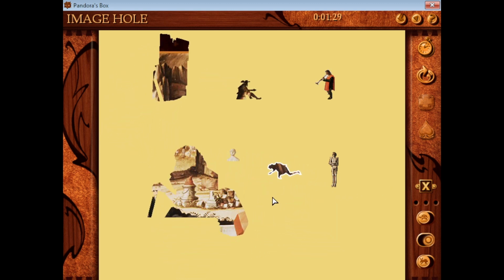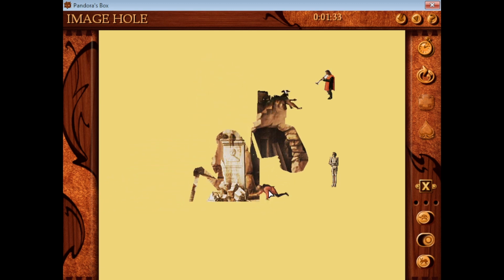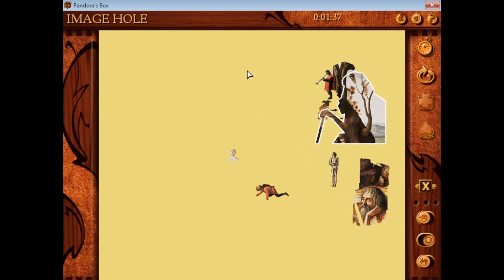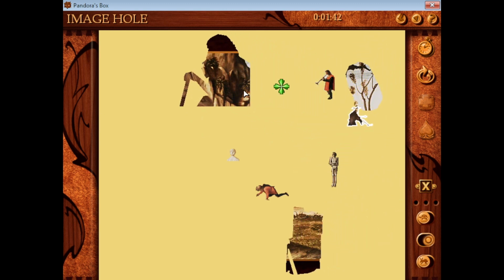Ooh, I know where this person goes. Hold. There we go. Okay, now I just need to find this little dude. He's only little because of perspective, but I know. But anyway,